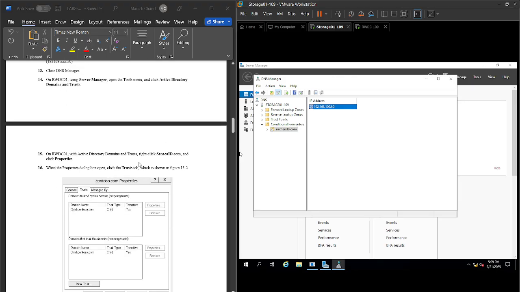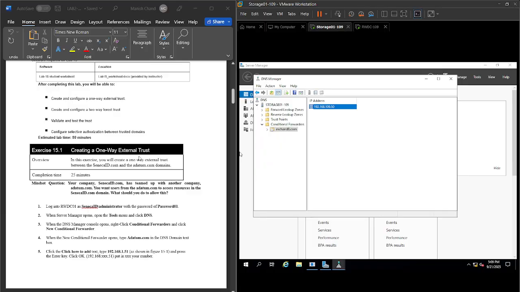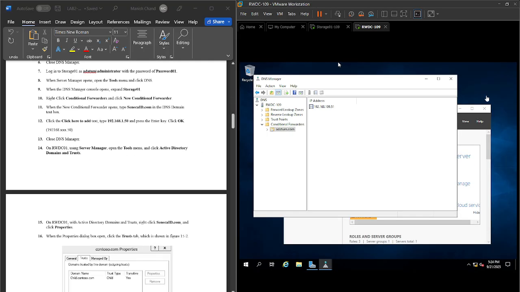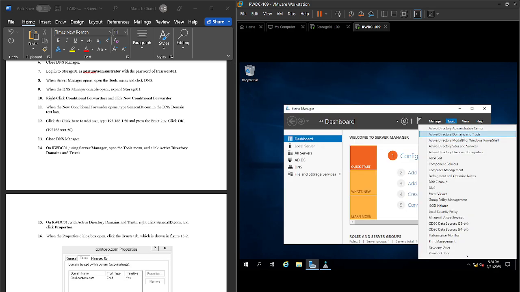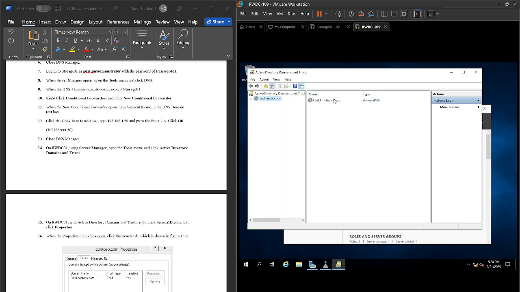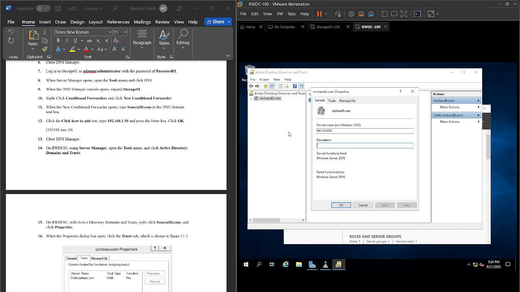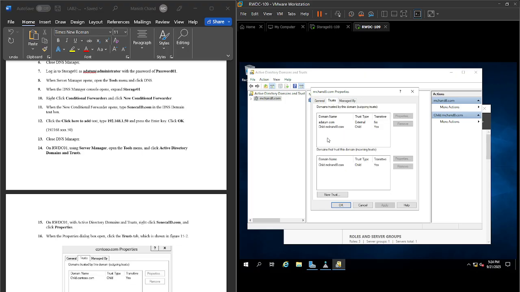Now I'll be showing you the one-way external trust between my Seneca ID and the editum.com domain. For that, I'll go to RWDC. On RWDC, I'll go to Active Directory Domains and Trusts. Here, as you can see, editum.com has an outgoing trust and the trust type is external. And so I'll check on my